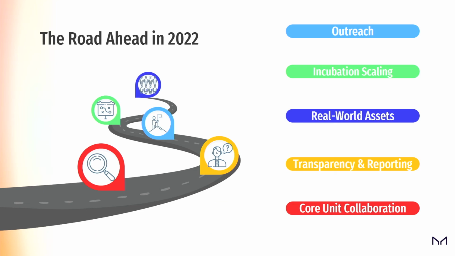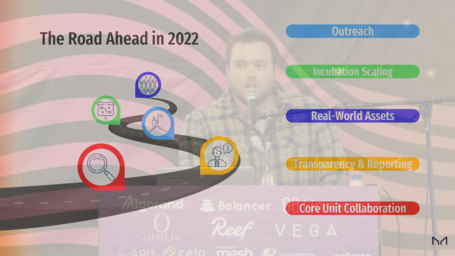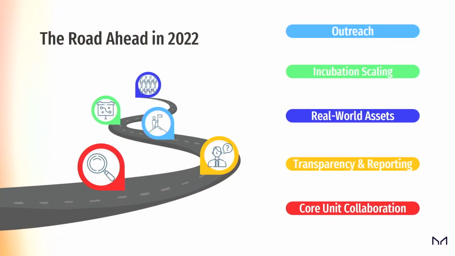So that leaves me for the road ahead. A lot of the stuff that I just touched on was focused on building the DAO from 0 core units to the appropriate number needed to support all the functions. Where do we go from here? Well, the number one thing is continuing to grow the number of contributors that are working in the DAO. The outreach specifically focuses on Maker Talent, again, providing that facilitated on-ramp for people interested that want to work for